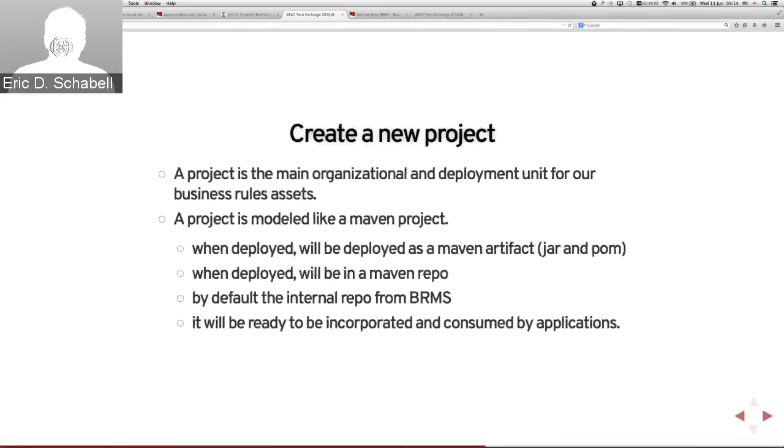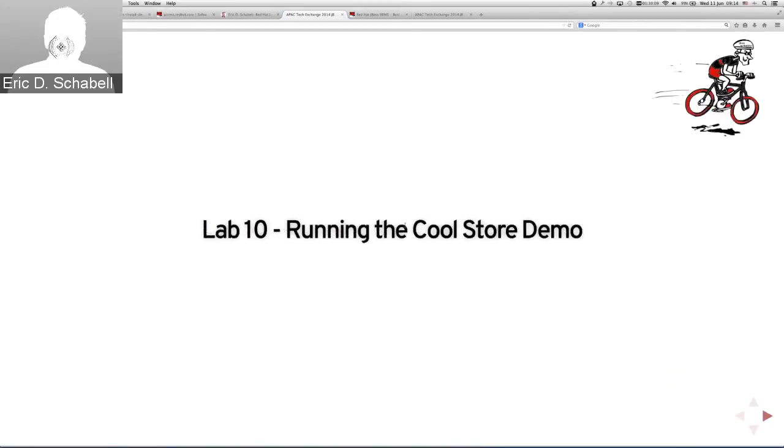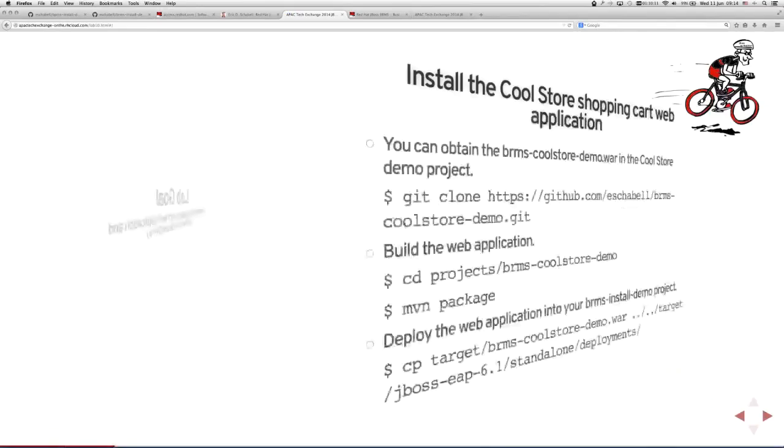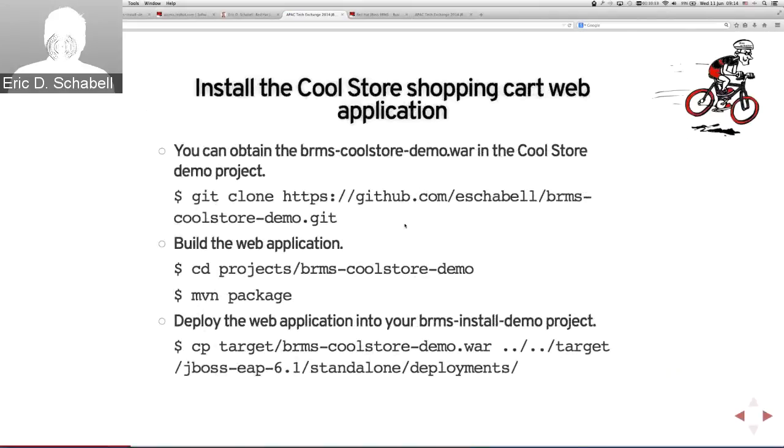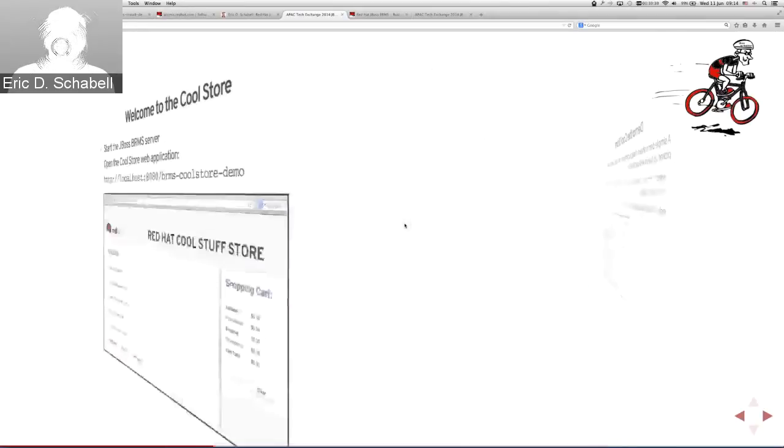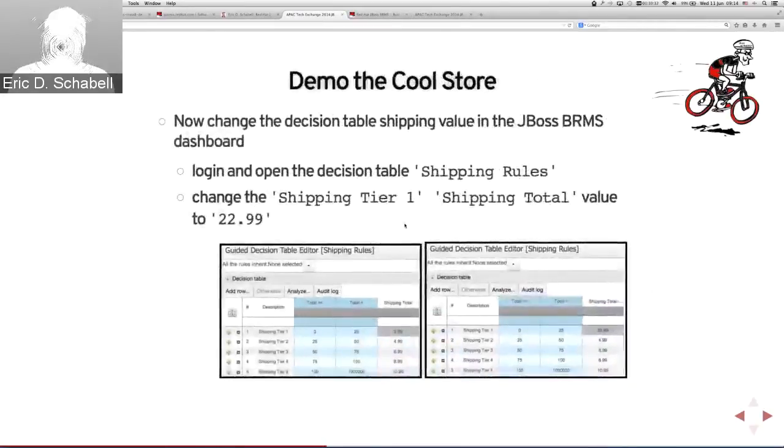And when you get all the way to the end, after you've built all the bits and pieces, you'll be shown how to run the Cool Store. So this will involve checking out the Cool Store demo and building the web shopping cart. The whole idea is a retail shopping cart online, like you're shopping in a web store. And you'll be able to deploy that, and once you deploy that, you can start shopping and play with the rules,